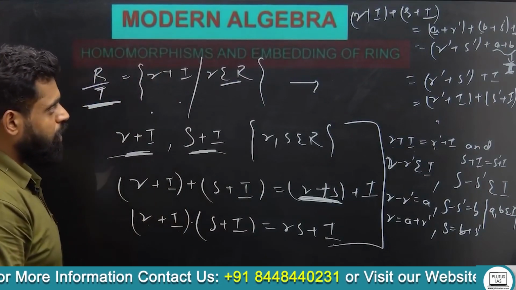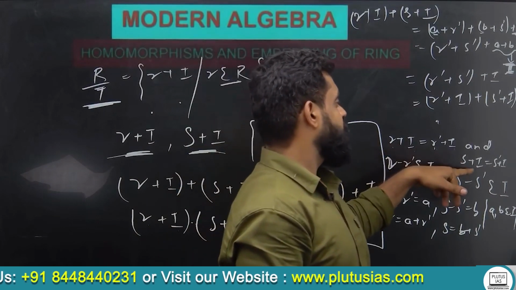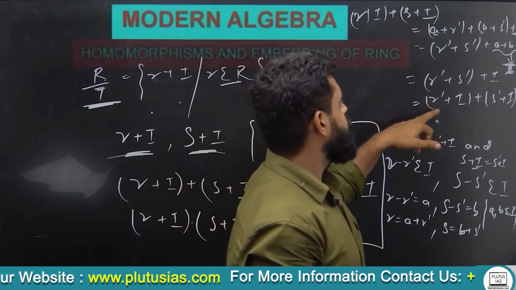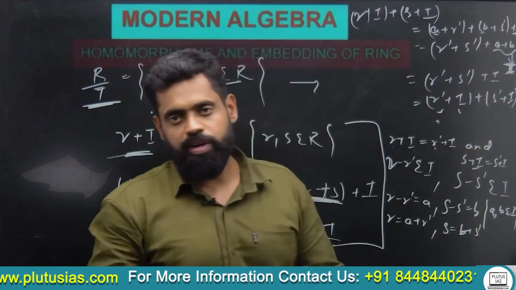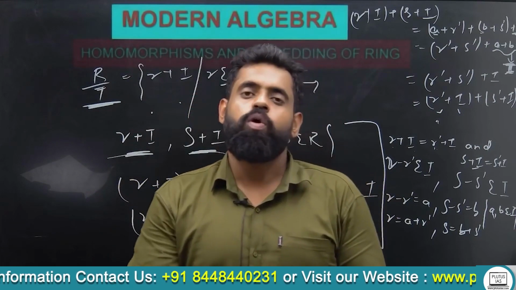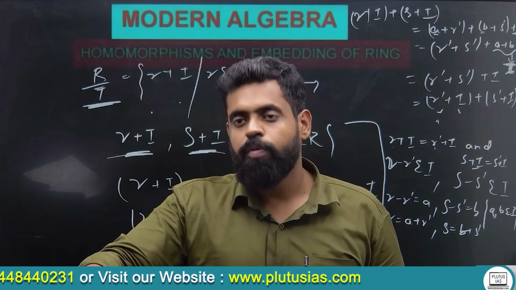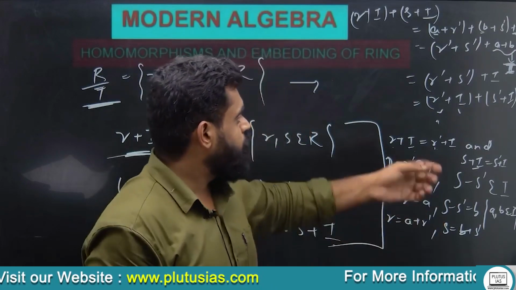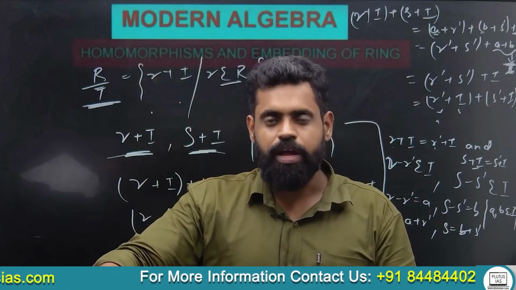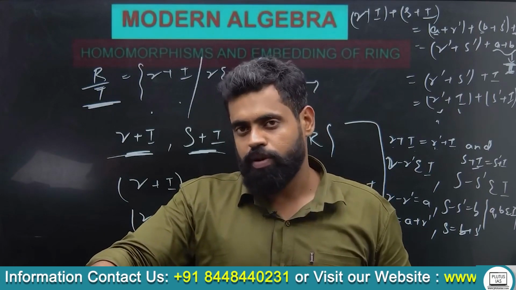Okay, so we showed that if r plus I is equal to r dash plus I and s plus I is equal to s dash plus I, we can show that r plus I plus s dash plus I is equal to r dash plus I plus s dash plus I. So this is well defined. In future also, when you study homomorphism, when you are going to prove the first fundamental theorem of group homomorphism or ring homomorphism, you have to show that the addition which you have taken is first of all well defined. Or in Cayley's theorem, where we proved